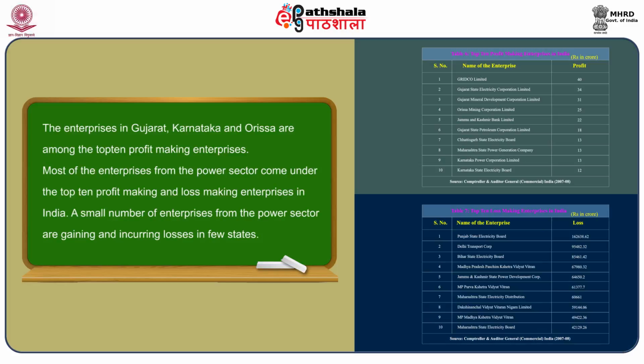The enterprises in Gujarat, Karnataka and Orissa are the most profit-making enterprises. Most of the enterprises which are making profits in these states are in the power sector only. A small number of enterprises from the power sector are incurring losses in very few states. It means that in almost all the states they are making huge profits in the power sector only, that is